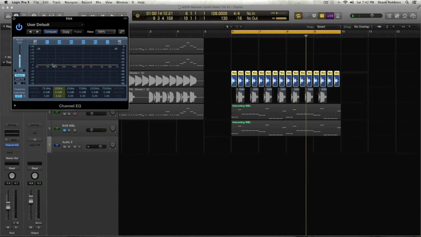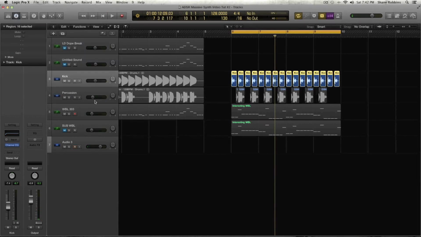So a lot of peaks between 50 and 100. Actually, I may even take out just a bit of that. So between 50 and 200 is kind of where the attack of that kick drum is living. So I'm going to now open up